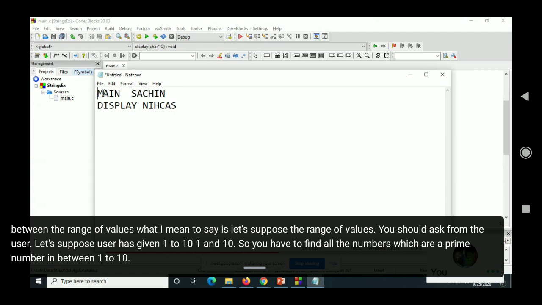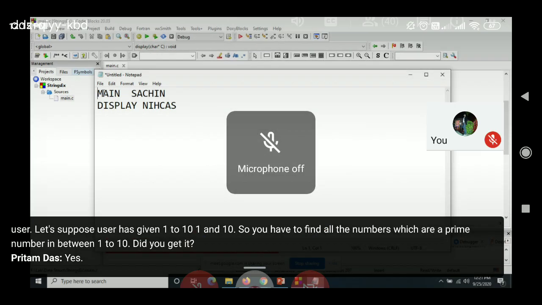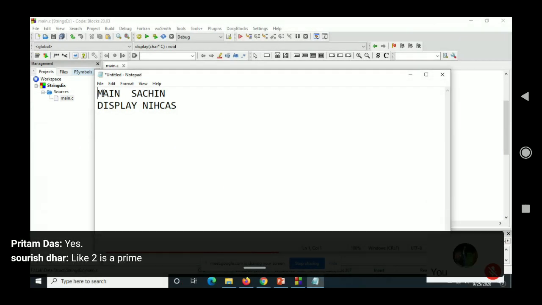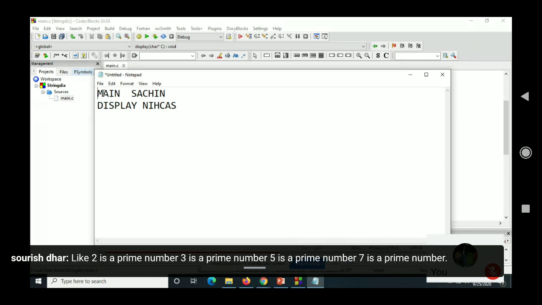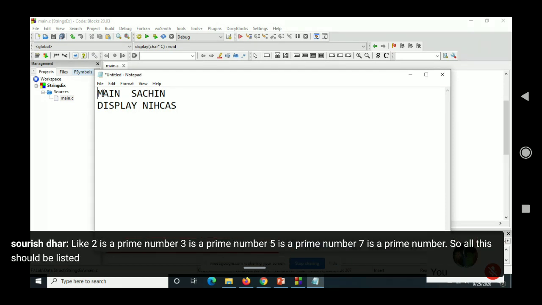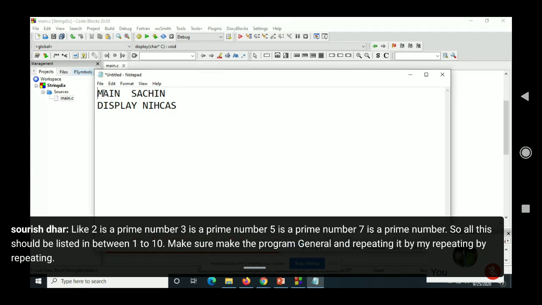Did you get it? Yes, sir. Like 2 is a prime number, 3 is a prime number, 5 is a prime number, 7 is a prime number. So all this should be listed between 1 and 10. Make the program general. I'm repeating it again and again. Why?